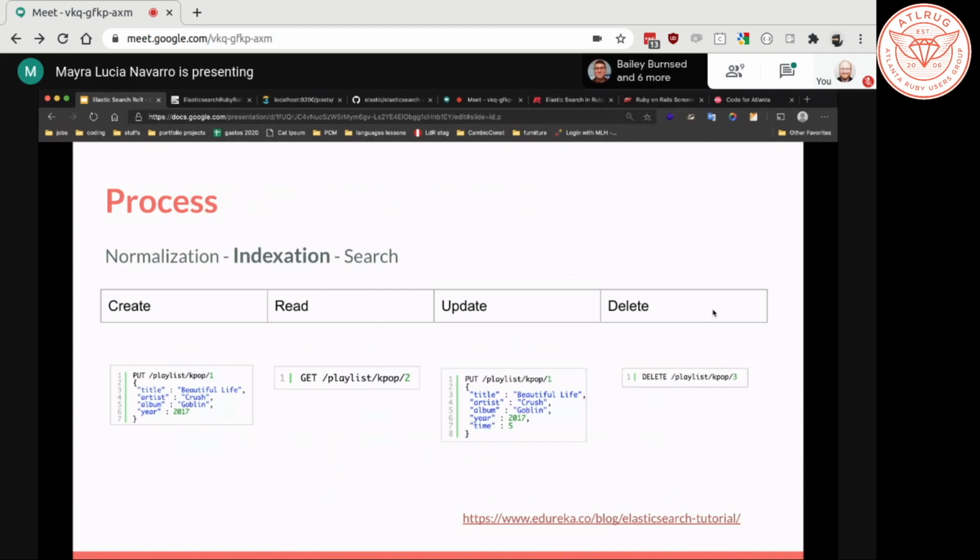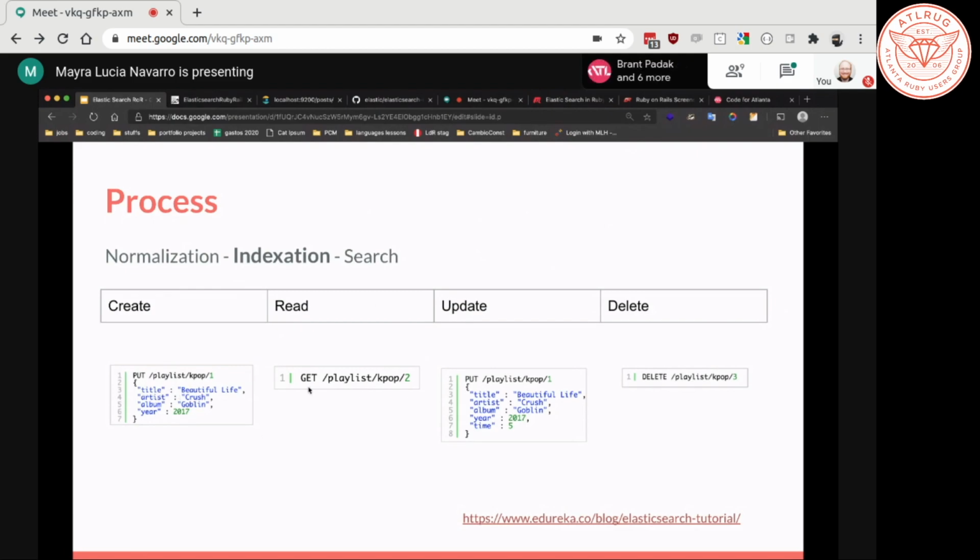And the second part is the indexation. That is something that was really useful for me, because in Elasticsearch, when we talk about the API, that is what it is. So I try to make an example about what a CRUD process is. If you want to create, all you have to do is, through a URI composition, use the PUT to create, for example, an index called playlist, which is something like a table, and actually the ID that you want. That is, for example, this here.